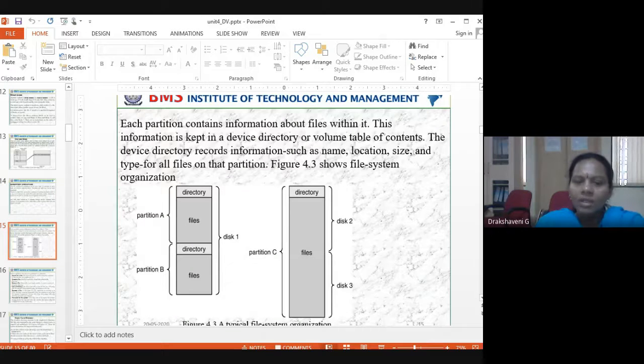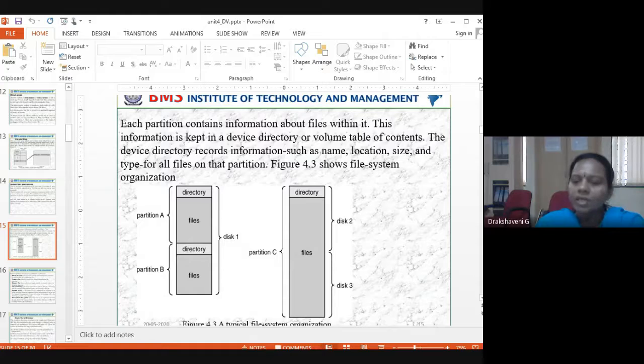I may say how my directories are created. I'll have one directory, and within that, I may have different files, of any type. In the last class, we saw what files are. Files may be text files, audio files, video files, image files. There may be so many files that you can keep in a directory. That's what we partition.